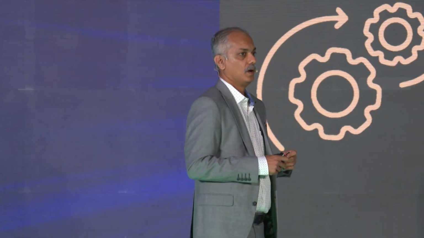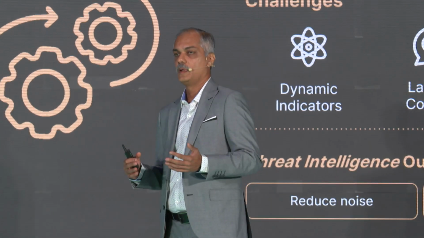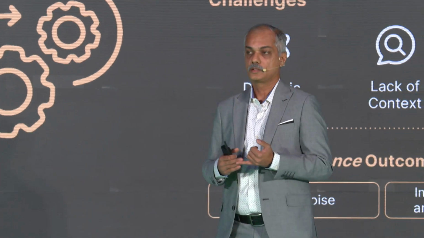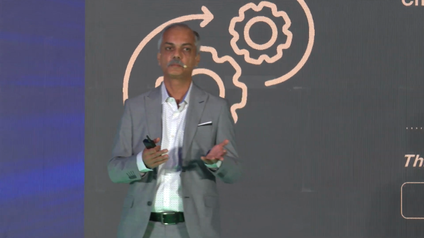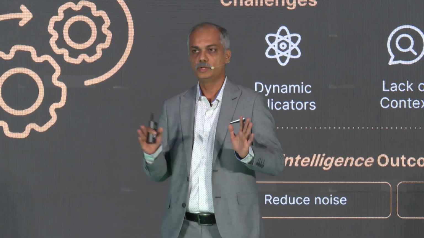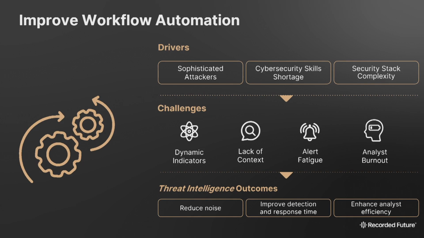Last one on the automation. Again, the more we talk, the more we have here, because every different technology that is out there has a different use case that they are doing, right? So threat intelligence can provide you that context. Threat intelligence examples, I would say, when it goes to a SIEM solution, right? So what if I tell you an IP is bad? That's a good information, isn't it? And that can be used in your SIEM, that can be used in your SOAR, that can be used in your firewall, fine. But what if I tell you that it is much more contextual there, meaning I tell you